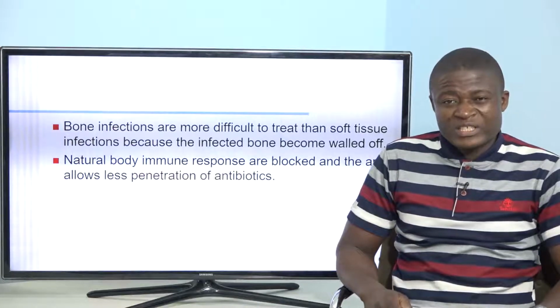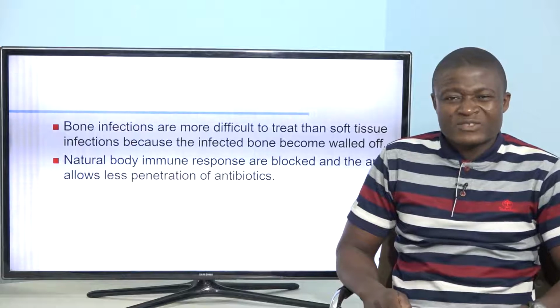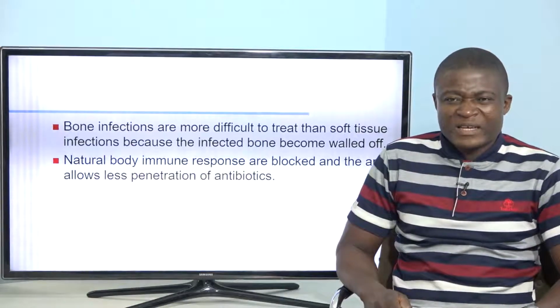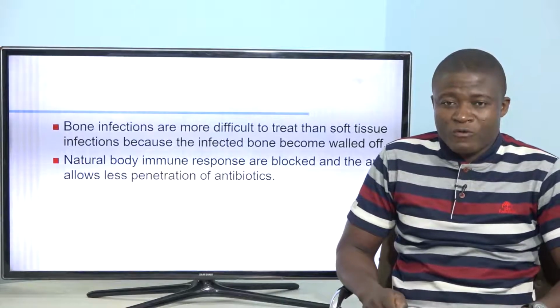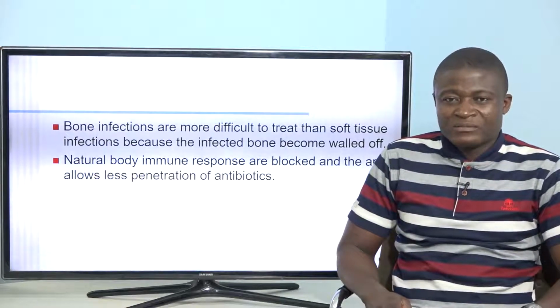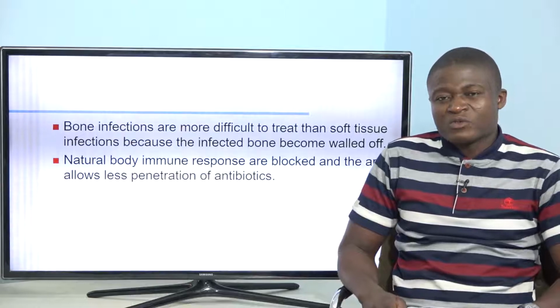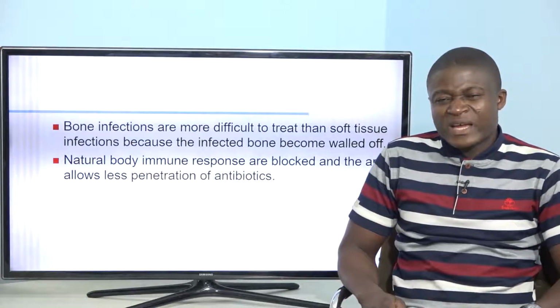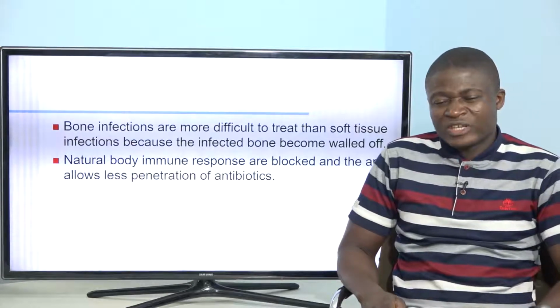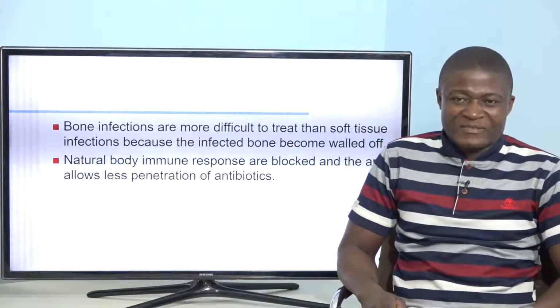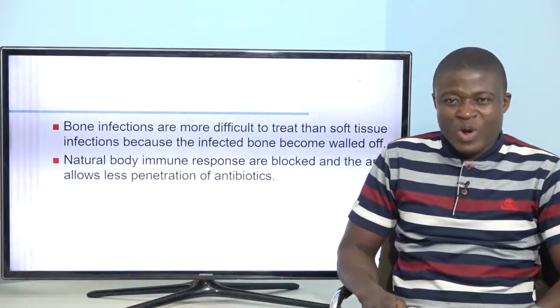Bone infections are more difficult to treat than soft tissue infections, and this is because the infected bone becomes walled off. Naturally, the body's immune response is blocked, and the area allows less penetration of antibiotics. So what we're saying here is, when you get a soft tissue infection, like say pneumonia, that is infection of the lungs, or